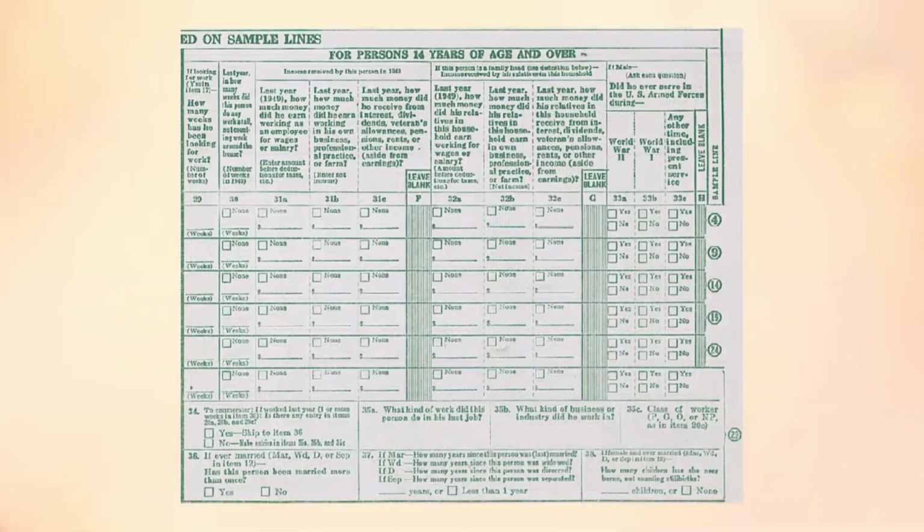The next section gets more detailed if the person is the family head of the household. It inquires about the relations that live in the house and what income they're bringing in. So all of these questions are for the year 1949. Again, they're asking how much money did his relatives in this household earn working for wages or salary? How much money did his relatives in this household earn in own business, professional practice, or farm? How much money did his relatives in this household receive from interest, dividends, veterans' allowances, pensions, rents, or other income